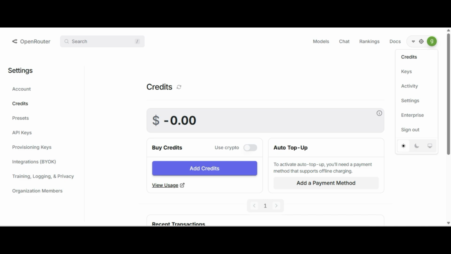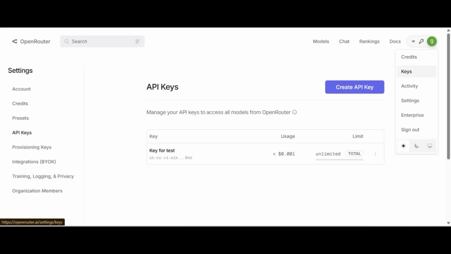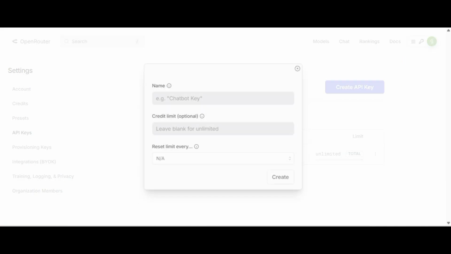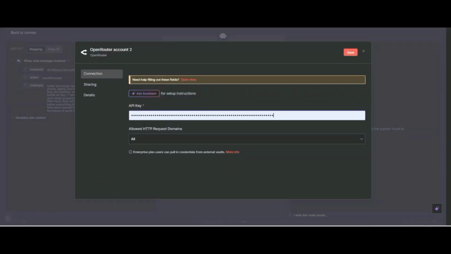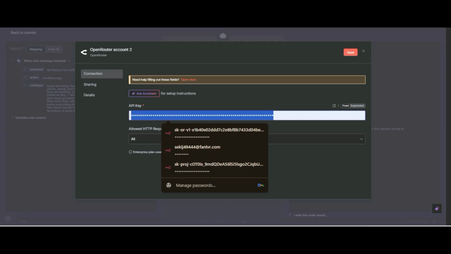So go to keys and create an API key. Give your API key a name, like test 2, then click create, then copy and paste it in your API key section, then click on save.